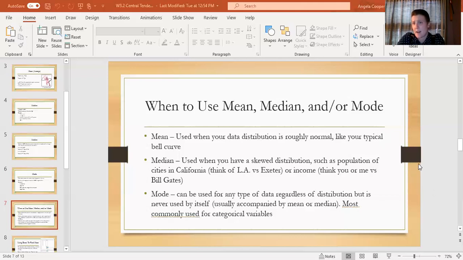Well, I've used this example before, but if I were to ask everyone in the class, what is your major? People would say psychology, biology, business, chemistry, etc. I'm going to guess that the mode for the class would be psychology, because there tends to be a lot of psych students in Psych 42. It's one of the prerequisites to get your bachelor's in psychology. It's also part of biology, but we tend to have a lot more psych students. So I would say that the mode for our class in terms of major would be